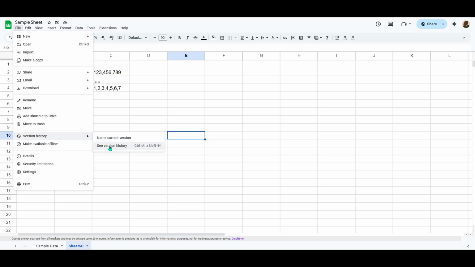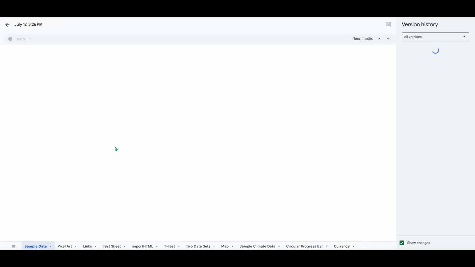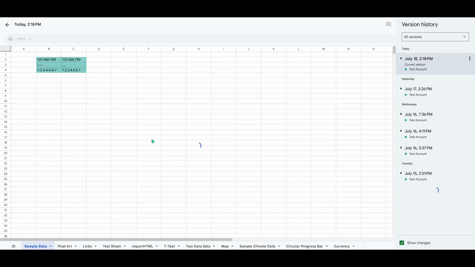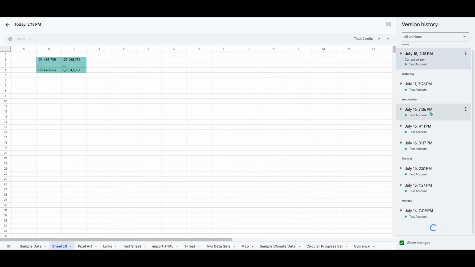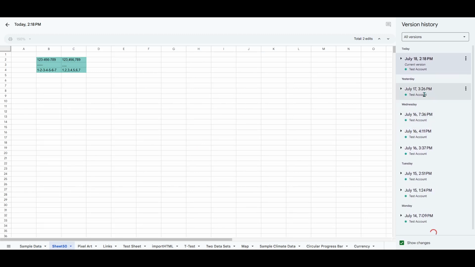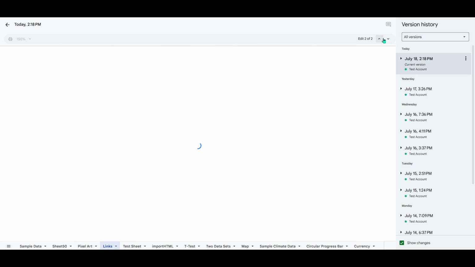Once you click on Version History, a secondary menu will appear. Here, you'll find an option that says See Version History. Give that a click and you'll be guided to a new sidebar that opens on the right side of your screen. This sidebar is your time machine, filled with the versions that Google Sheets automatically saved as you made changes